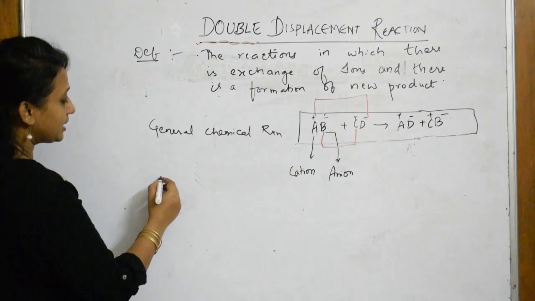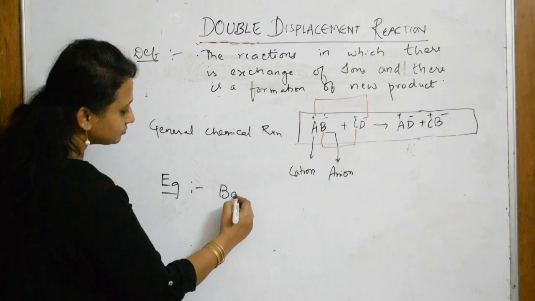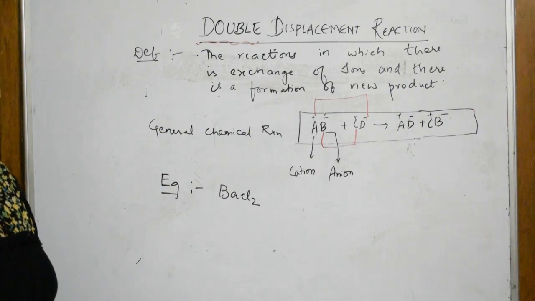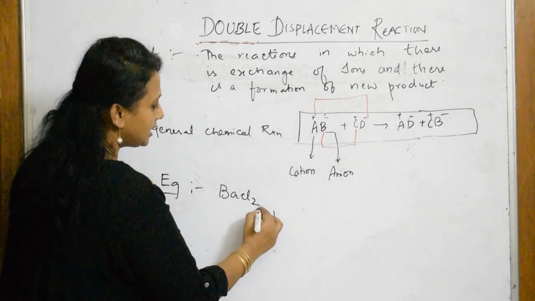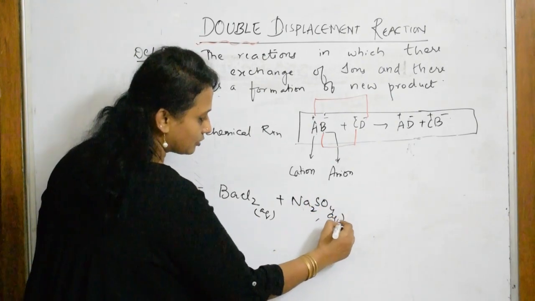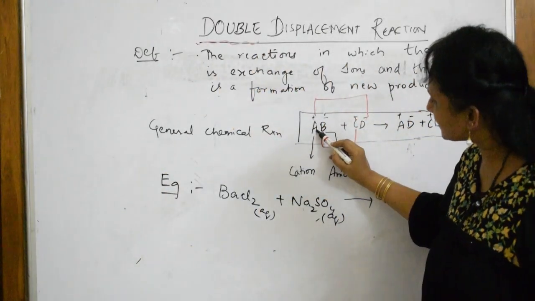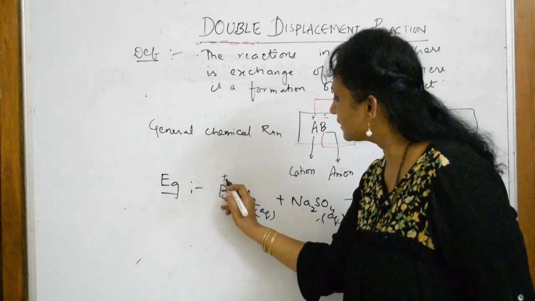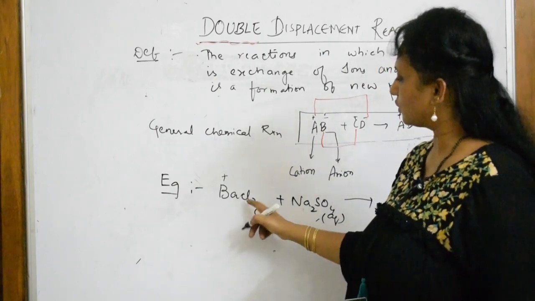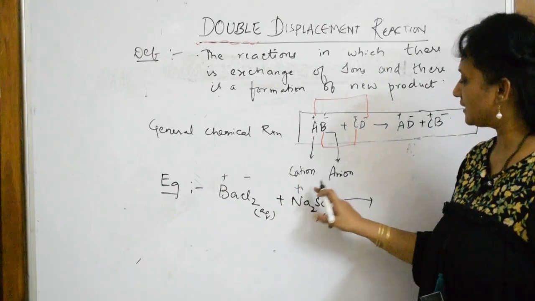Here I'm going to take an example for this. Now I'm going to take barium chloride, a white colored solution, so this is also aqueous. Then I'm going to take sodium sulfate, Na2SO4, also in aqueous form. I'm mixing both together. As I said, this is the positive cation and this is the negative anion. I'm not writing the charges, the valences. Basically, barium plus, chlorine minus. Next comes the sodium, plus, and the sulfate, minus.